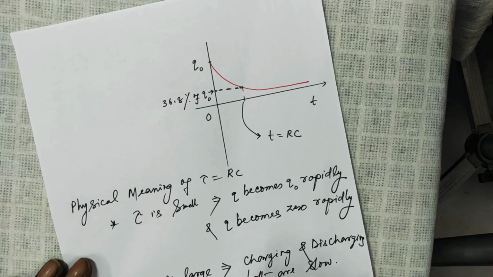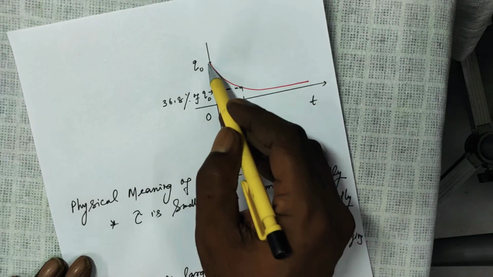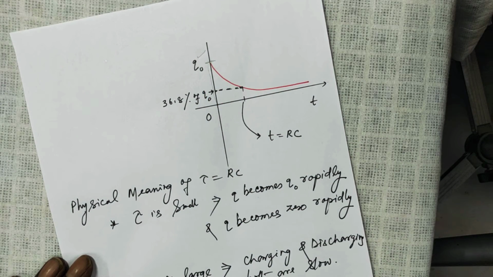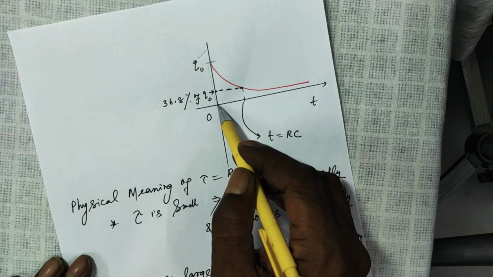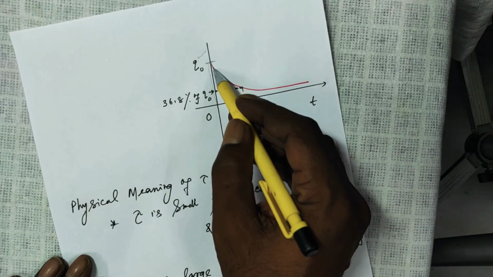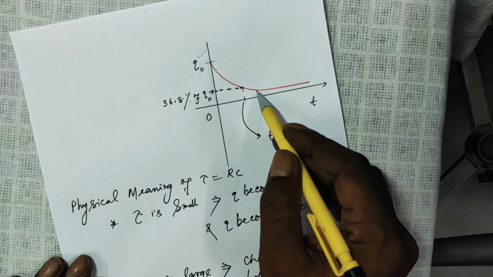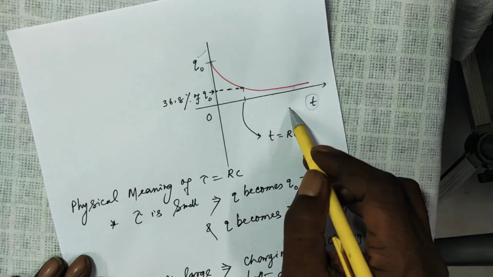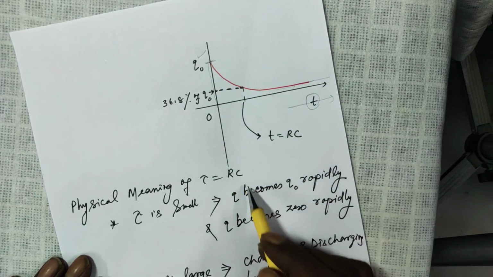Now look at the diagram. At t is equal to 0, the charge in the capacitor was maximum, q naught, because it was already charged prior to that. And from this point, we switched off the key. So it started discharging, meaning the charge gradually decreases. Look, it gradually decreases. But this line does not touch here, because I just explained that at t is equal to infinity, this line will touch. Then only it will be 0.